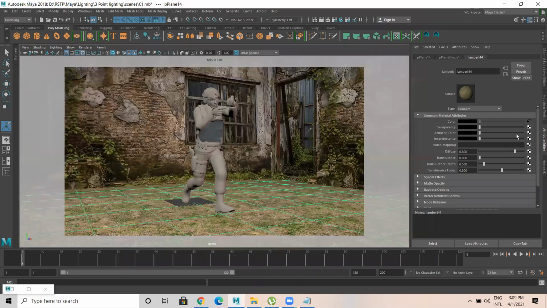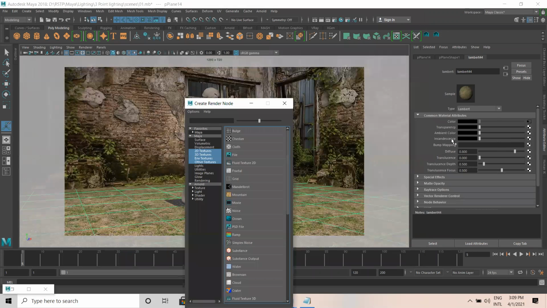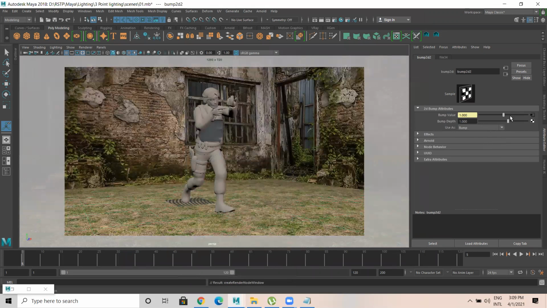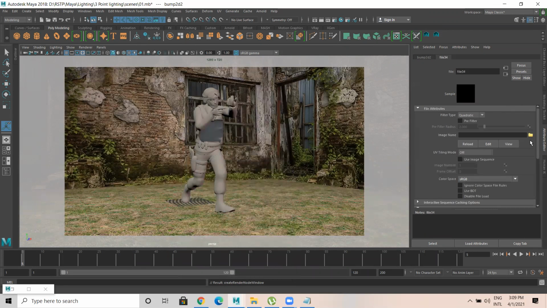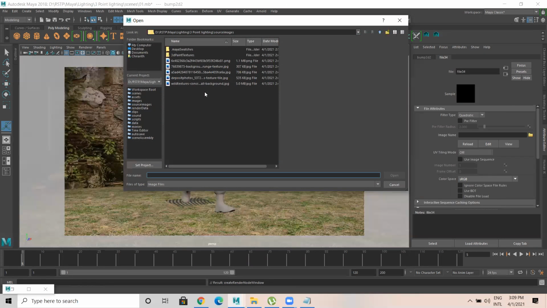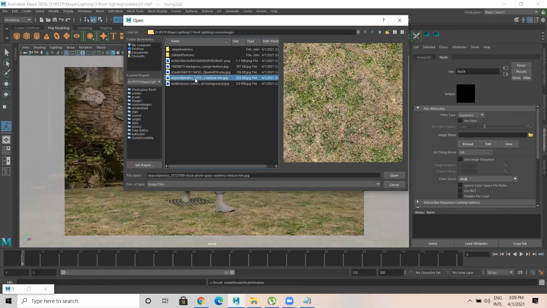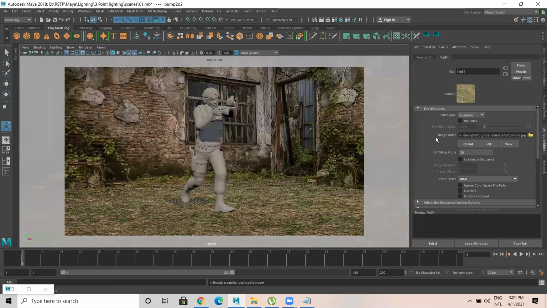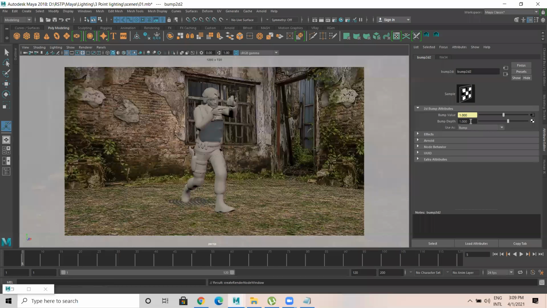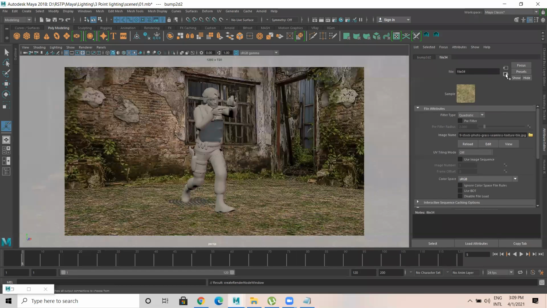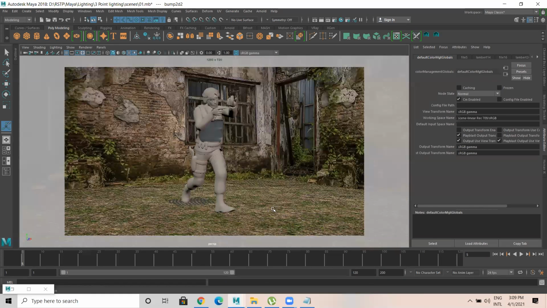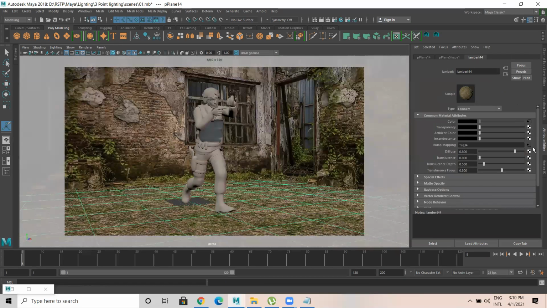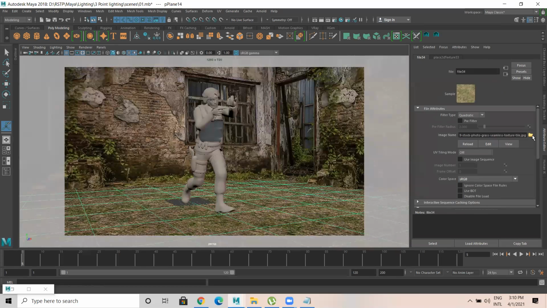Ground, I'm going to select this, bump mapping, select this empty file and come to file, select this, the grass. Then place 2D texture.